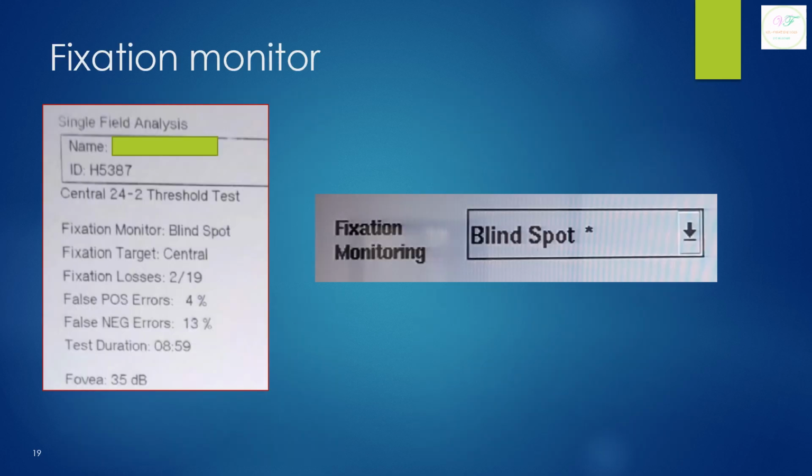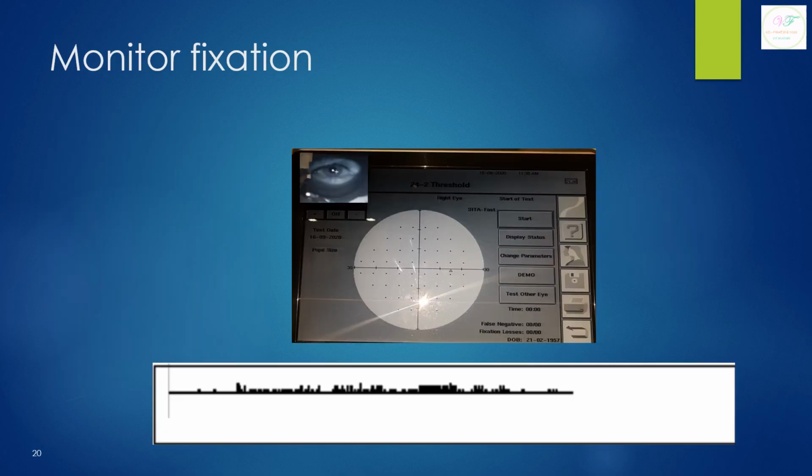Next, you are going to look at the fixation monitor. What is the fixation monitor? It is very important to know that the patient is fixing properly throughout the test in order to have a valid test given by the patient. There are various ways you can check the fixation. One is manual fixation checking, where there is an image of the eye of the patient who is performing the test on the screen